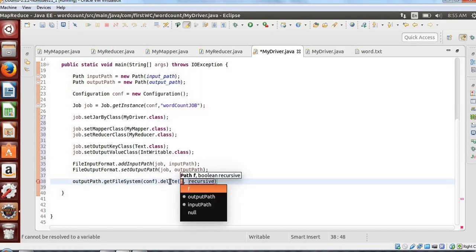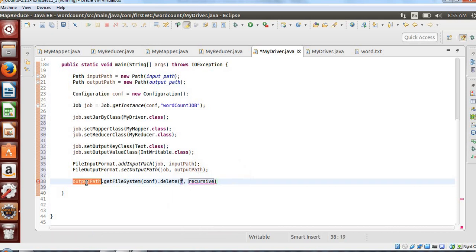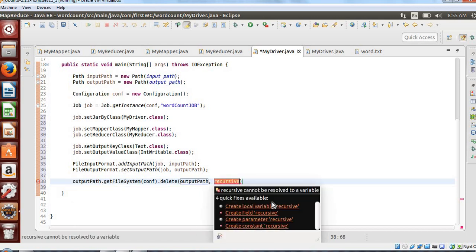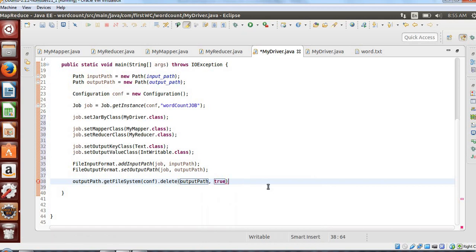The path is the output path, and for recursive I'll say true. Done. So it will delete if it exists, and you don't need to delete it manually.